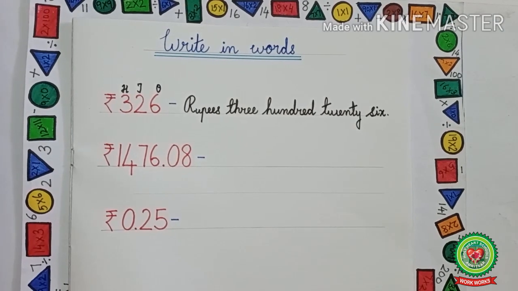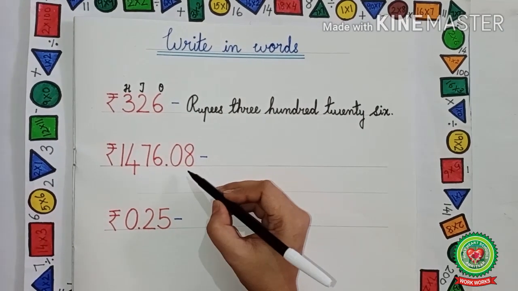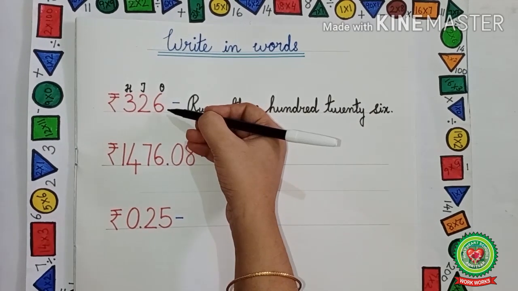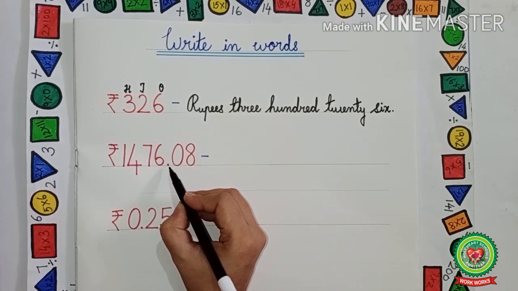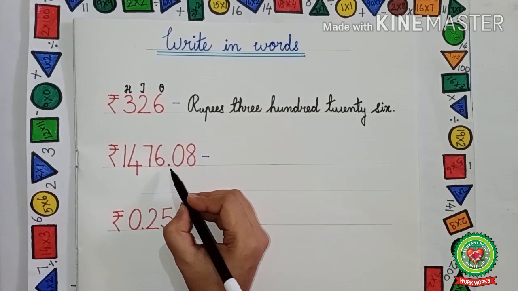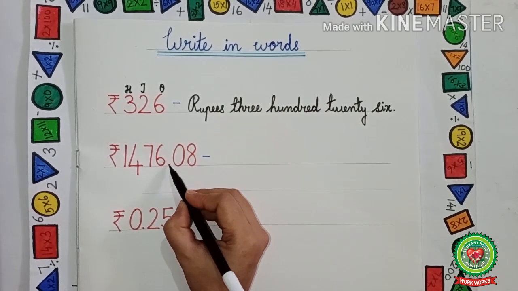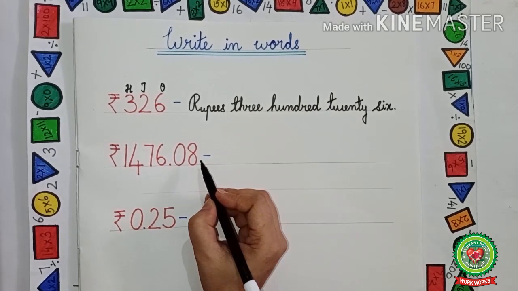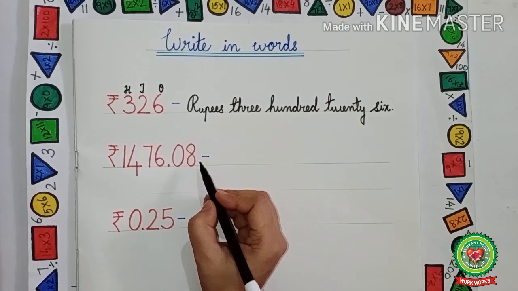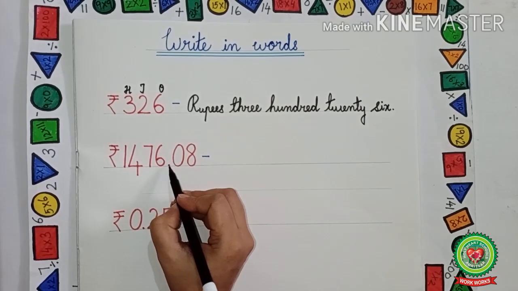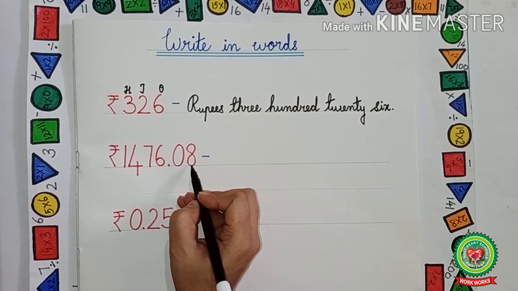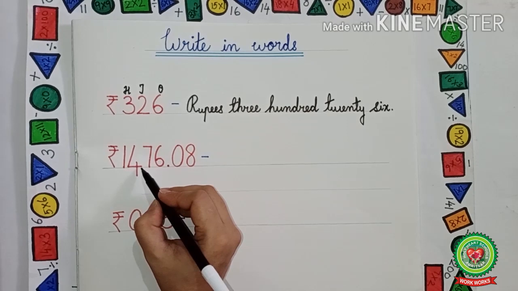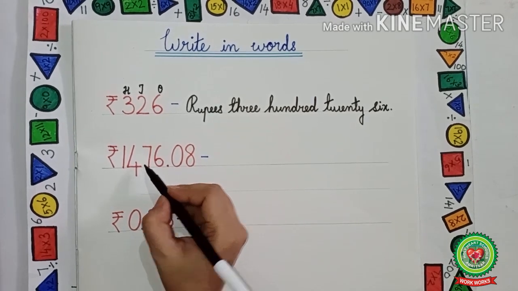Let us take the next example. Now, can you see this number? Now, what can you see different in this number from this number? Yes, a point is given over here. Now, what do you mean by point? Point means whenever there is a point, that means it separates the rupees and the paise. How we will come to know? When there is a point, the numbers on the right side of the point is paise and the numbers on the left side of the point is called rupees.